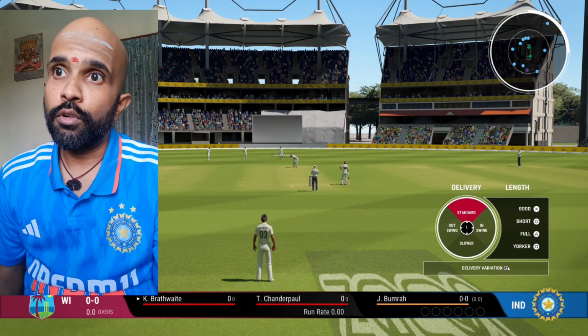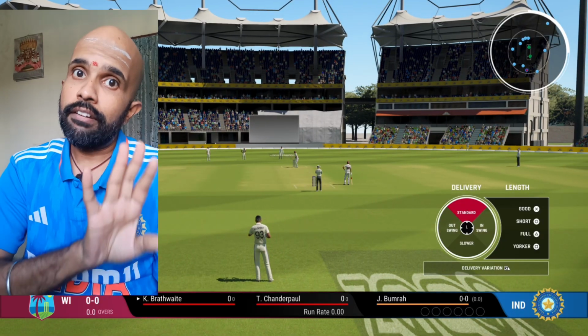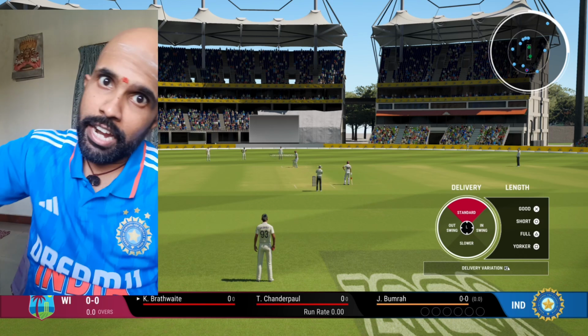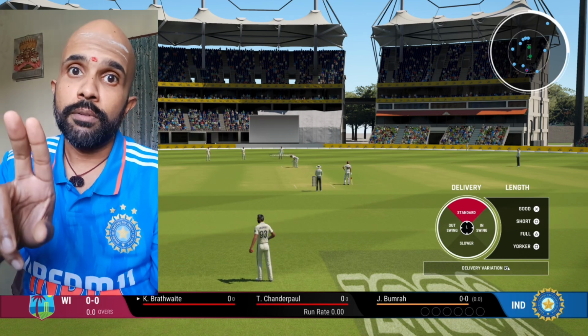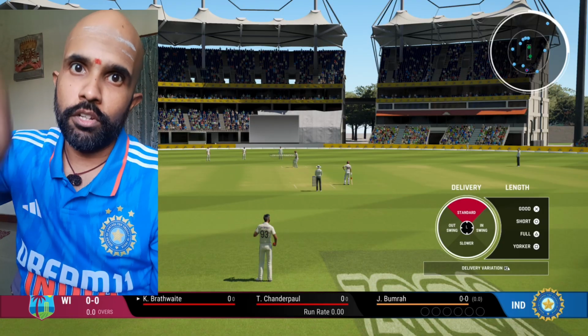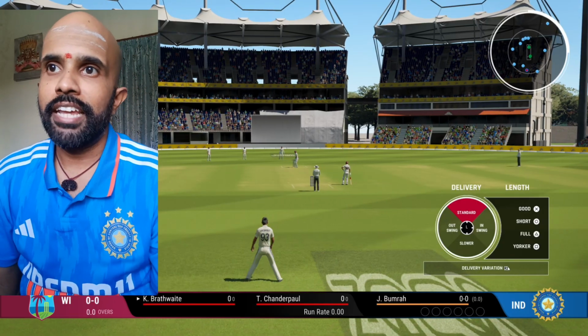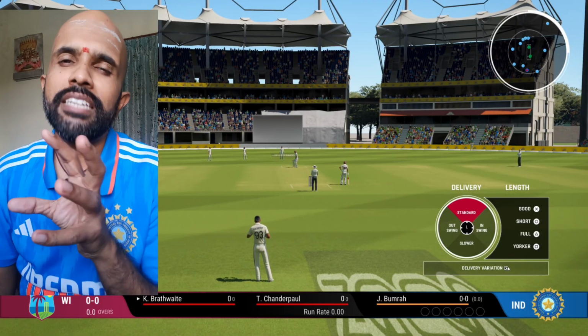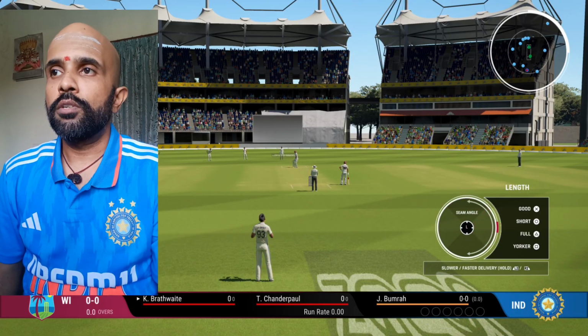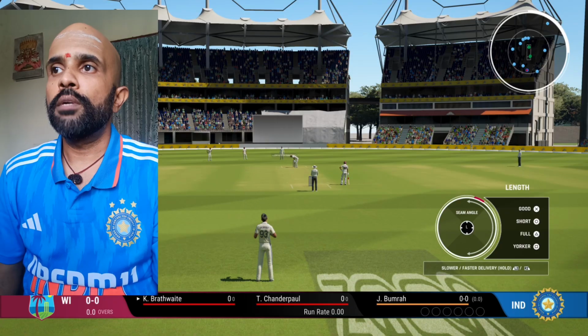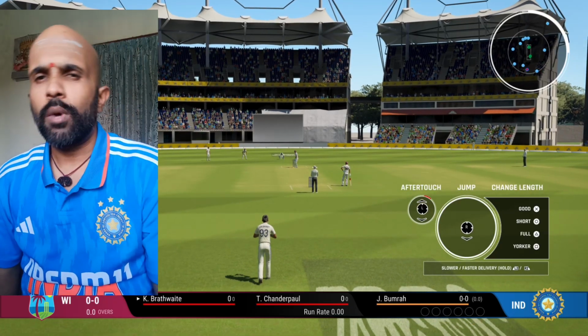If you go to the wider angle, the ball will have natural swing even with the angle. So it is already supporting the in-swinging angle. So it will swing even more because of that. So always take the middle run-up because it will be much easier to control the swing. Alright, in swing to right-hander, going to bowl between 12 and 1,